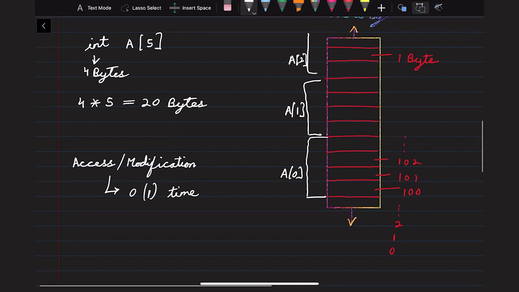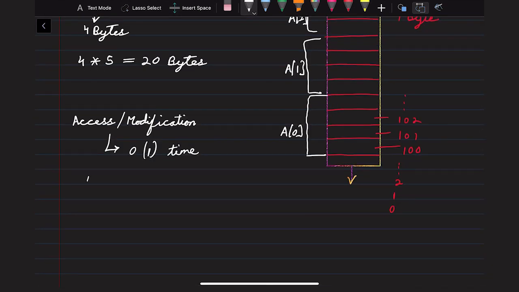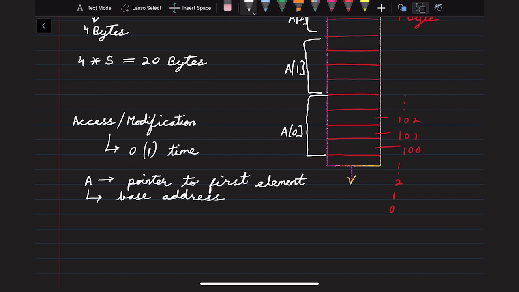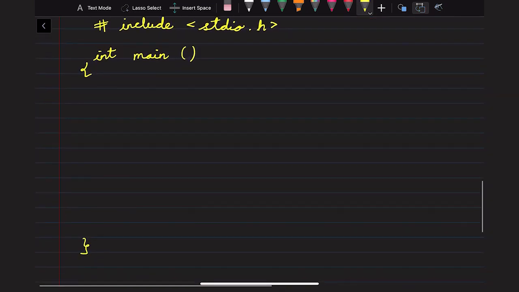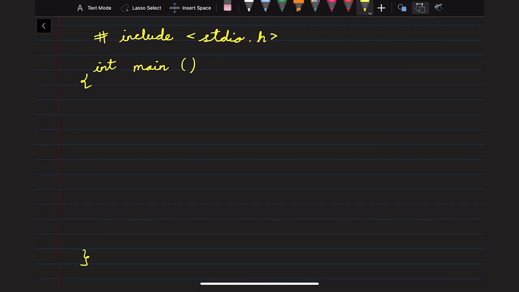Now let us see how. So basically array A is also known as the pointer to the first element of the array, and A also represents the base address. So let us see using a C program how we can see the value of an address and the value stored at that particular address. So let us go to a C program and let's declare the integer array